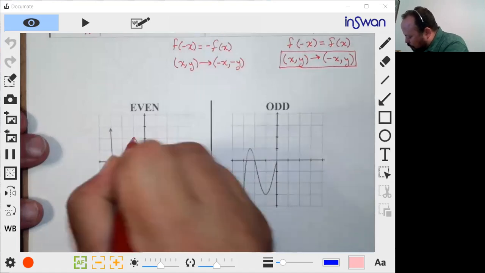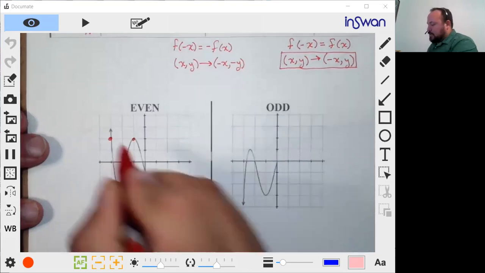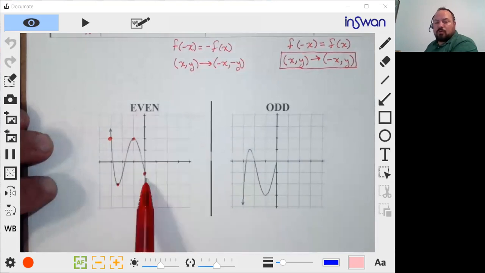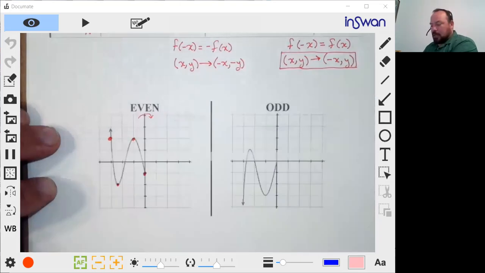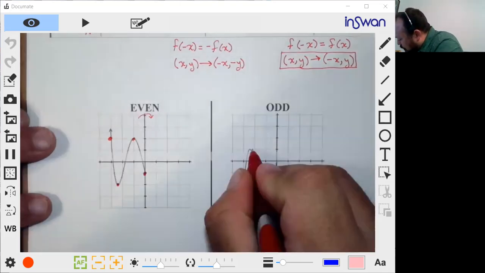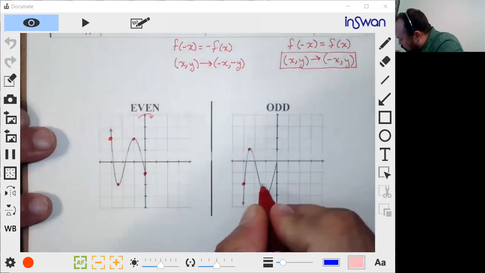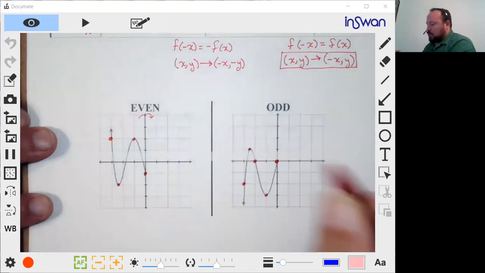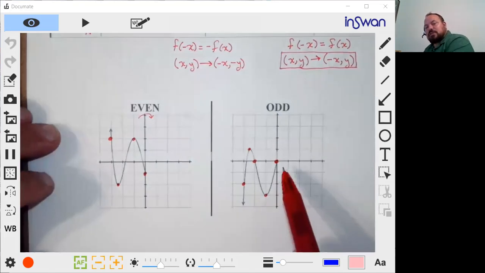I'm going to pick a couple of points that I can see and that I can tell, and say that if I have even symmetry, these points are going to be reflected across this y-axis. Now for this odd function, if I pick some simple points that I can tell, then what's going to happen for the odd function is that I'm going to have rotational symmetry, which means that I'm going to have